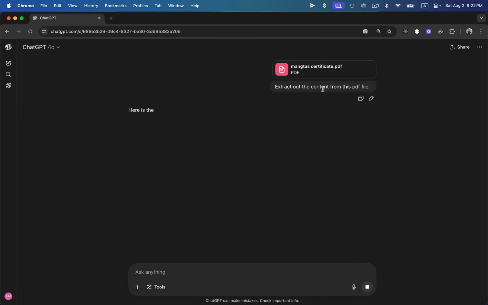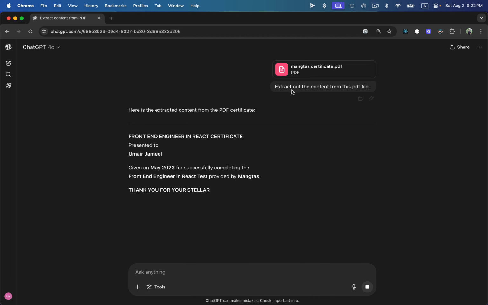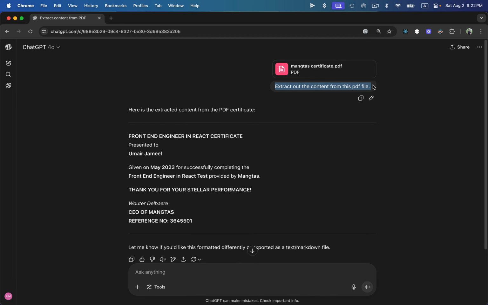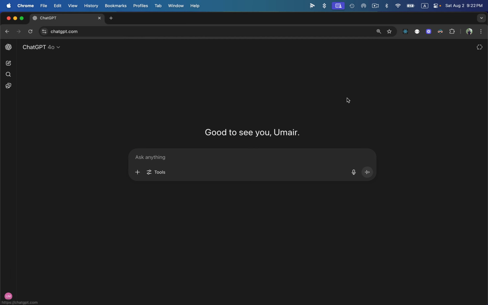Okay, so this is a pretty small prompt. I'm just elaborating for you, although I would normally follow complete prompt engineering techniques. But for such things, if I don't care about the format, the role, or the target audience, then this line is enough as well. Okay, so this is the information that it has generated. So it means that it is able to fetch the content from the PDF files,